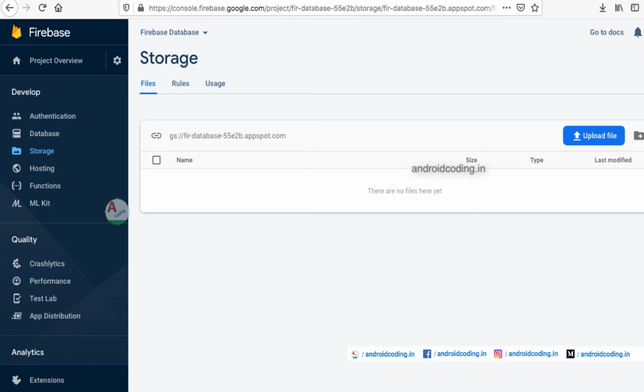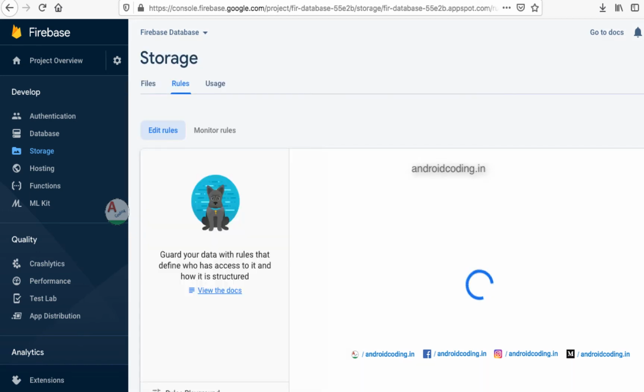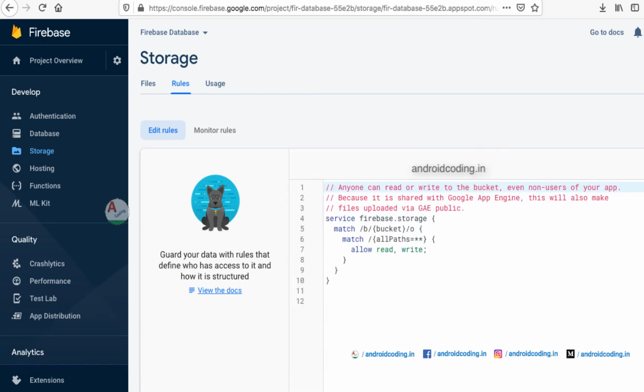The first important thing here is rules. You need to specify the access beforehand. Here I am giving permission so that anyone can read and write to this particular bucket. Even a non-user of your application has the permission to read and write. Why? Because this is a tutorial, I am making it easier for you to understand, so I am providing this rule.